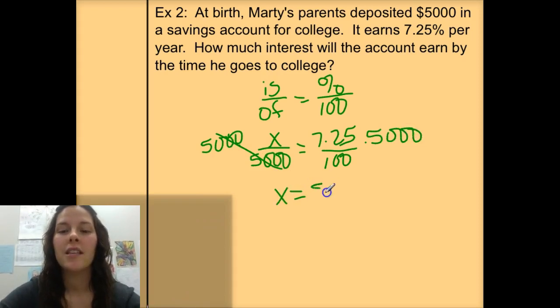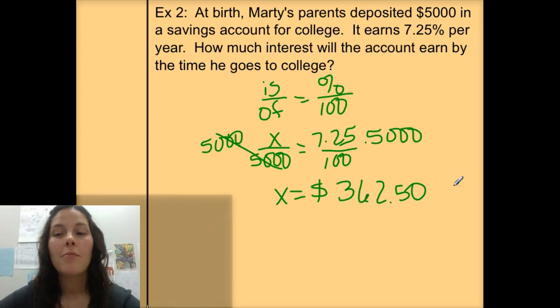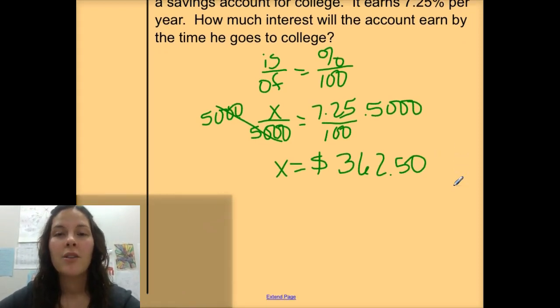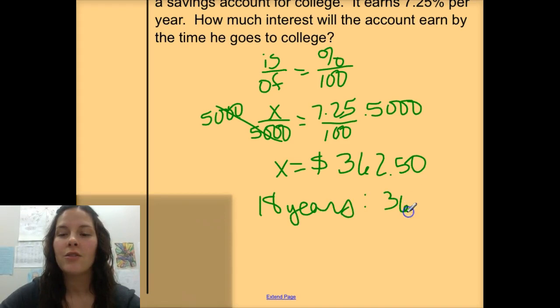So in this case, the interest after 1 year is $362.50. Now the question is, how much interest will he earn by the time he goes to college? Well, typically students go to college at the age of 18, so we're going to make that assumption that after 18 years he's heading off to college. So we're going to multiply the interest in 1 year by 18 years, which will give us the total interest of